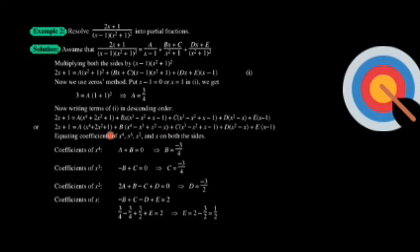Next, compare the coefficients of x. There is no coefficient of x in this term. In this term there is a coefficient minus B, in this term plus C, in this term minus D, and in this term plus E. So minus B plus C minus D plus E is equal to 2, since on the left side x has a coefficient 2. We equate both sides to give us the equation minus B plus C minus D plus